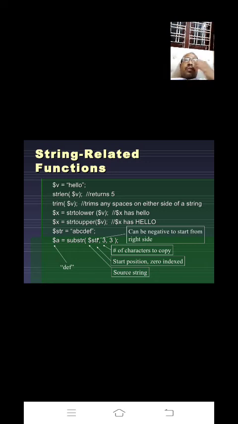Right. If you want to assign only one character, simply write the character in single quotes. If you want to assign something other than a string or character, you can write the value directly after the equal sign. See here, $v is equal to hello. Hello is nothing but a string, because we have a collection of characters.